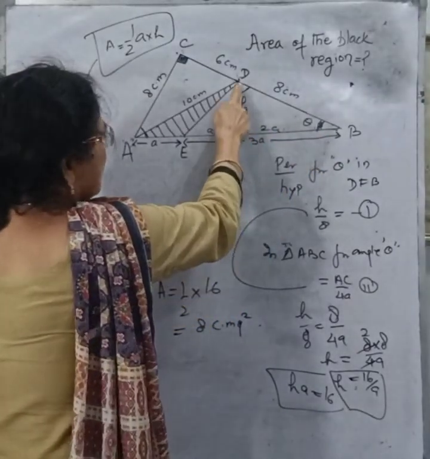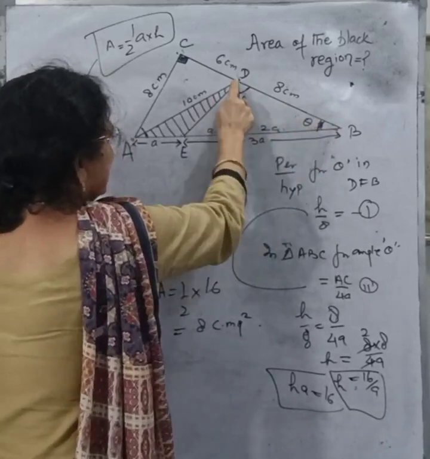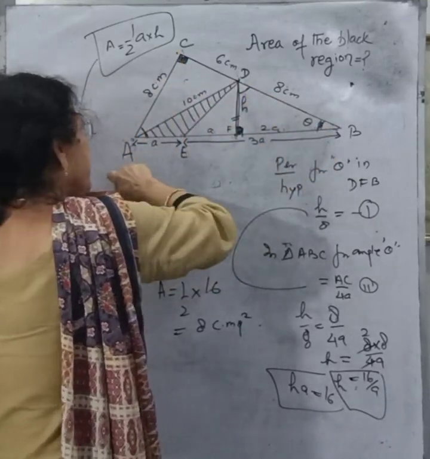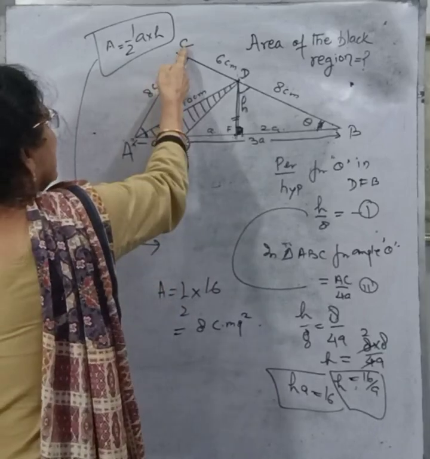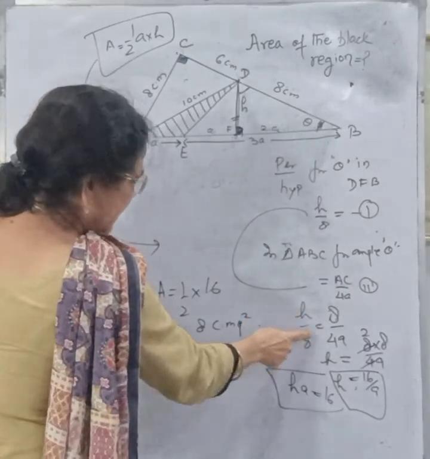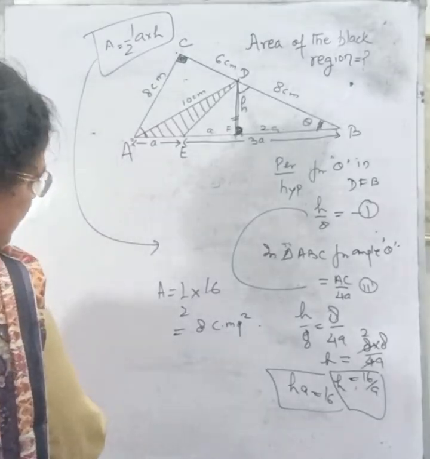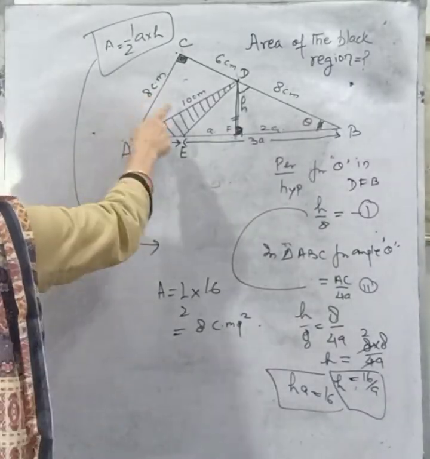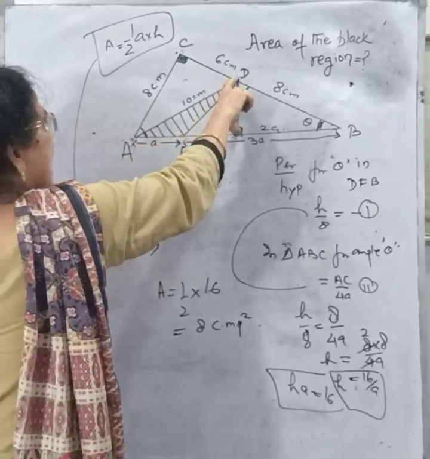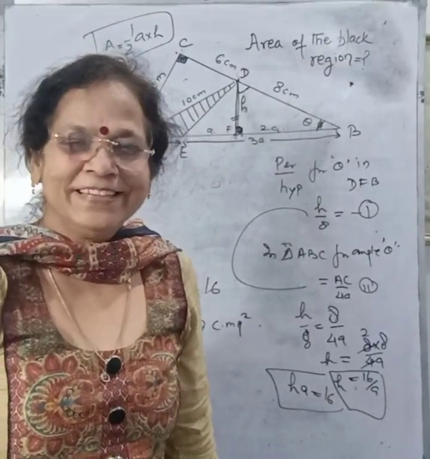Perpendicular H upon 8 for this angle, perpendicular upon hypotenuse. For this triangle, for the same angle, perpendicular upon hypotenuse, perpendicular is equal to 8, hypotenuse is equal to 4A. So H upon 8 is equal to 8 upon 4A. So H into A becomes equal to 16. And area is equal to 1 by 2, this base into this height. This is 8. It was very easy but tricky.